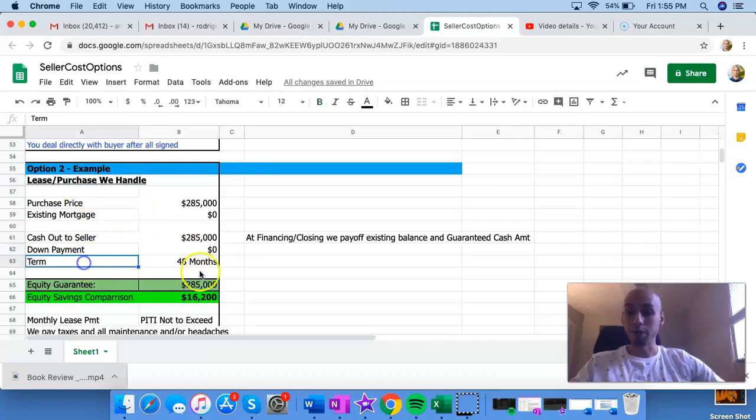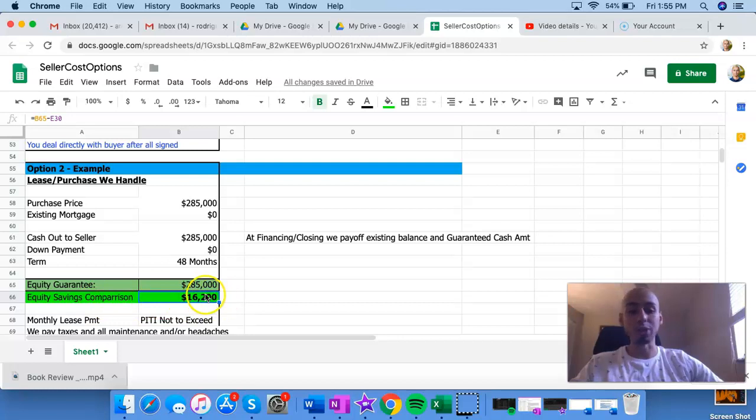So down payment 0, the term is a 48-month term. I should probably make it 60 months, right? Because it's that much longer. Think of what a seller wants. A seller wants a short-term cash out. They want a high down payment. They want top dollar, right? So here they're getting less than top dollar. They're getting no down payment. They're getting a longer term, and